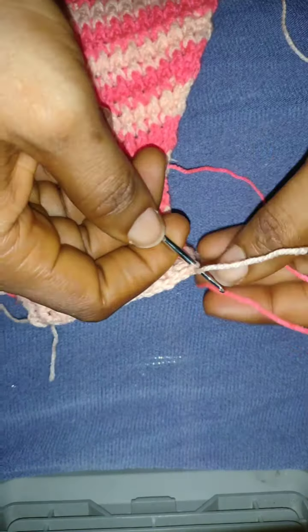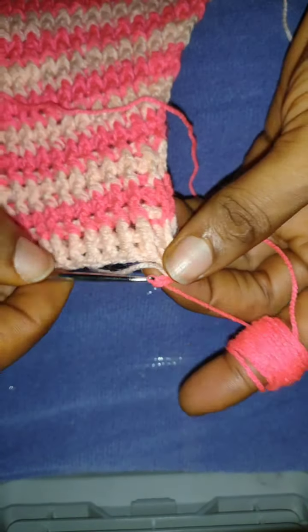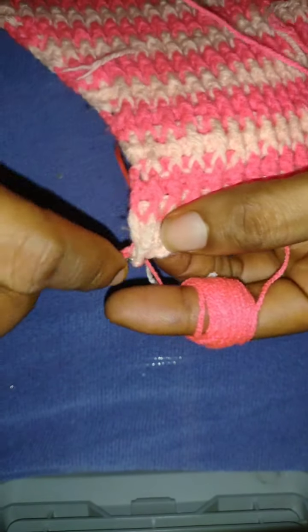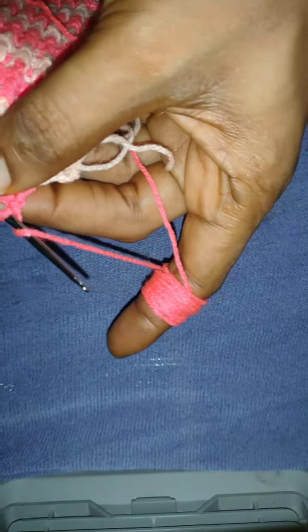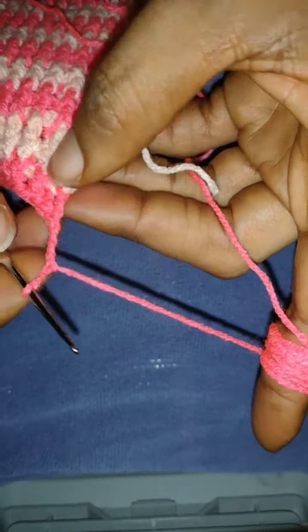So I cut my yarn, attach pink at the corner, and I'll be skipping that very first stitch. That very first stitch, I'm not placing a crochet there. Instead, I'm placing it at the second stitch. So I'll continue doing that for the next 7 rows before I will start increasing it. So at the corner, you skip the last stitch. You don't do a crochet to the last stitch. In that way, you'll be reducing